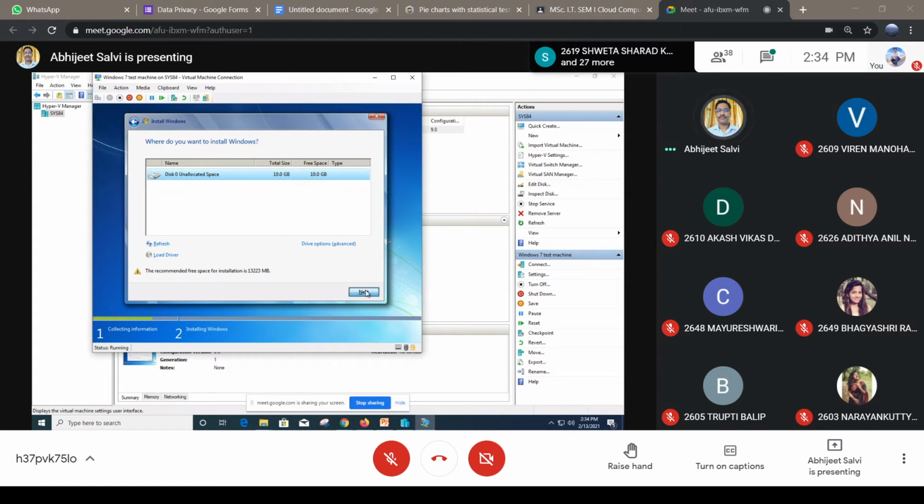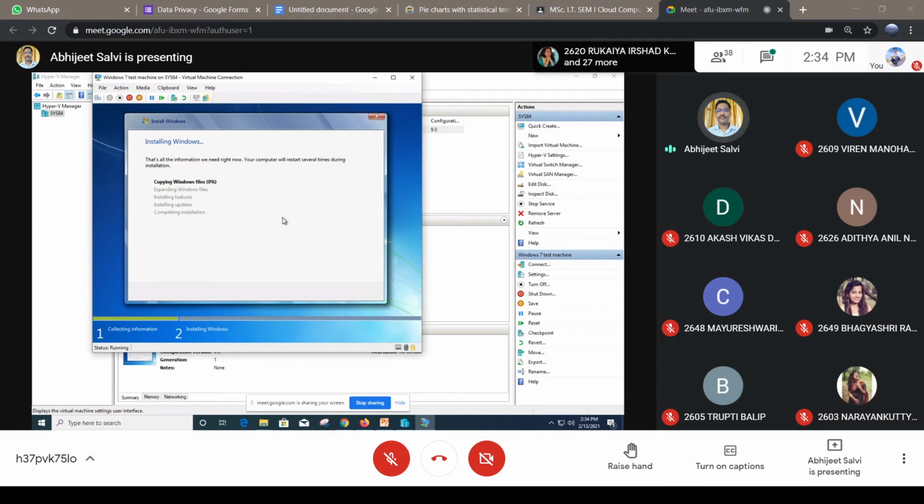Now as we are already used to the Windows operating system, we are just selecting that and it begins the installation, expanding the Windows files. It will take some time to install, around 30 to 40 minutes. Just to understand that we are doing all these jobs, maybe after some time I will cancel it. I hope that you all understood that.